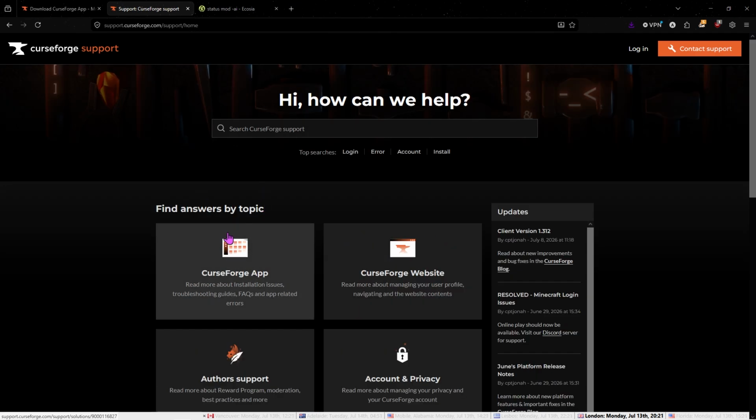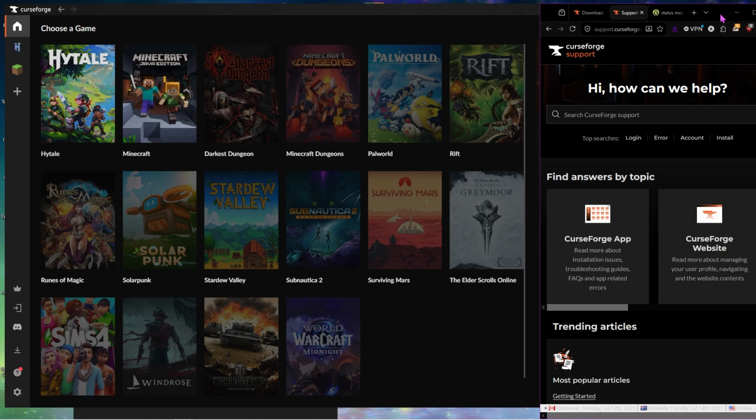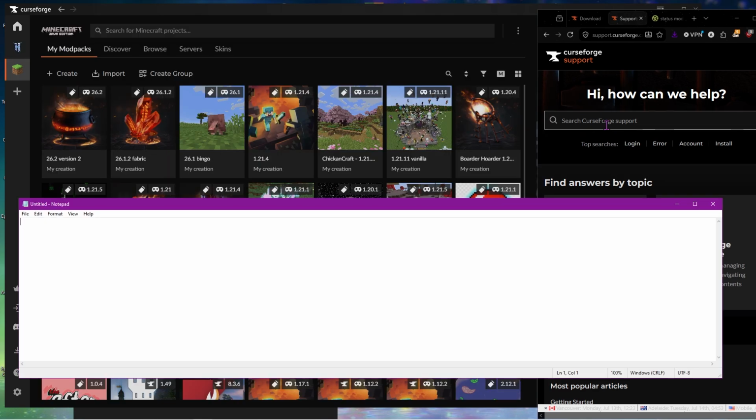Minecraft part of this. So once we've got CurseForge installed, we're then going to go to Minecraft, which should be on the home page. If it's not, you should be able to search for it using Add a Game, and you can search Minecraft. But otherwise, we're just going to click on this. And you can see I already have a whole bunch here, but yours will be blank.